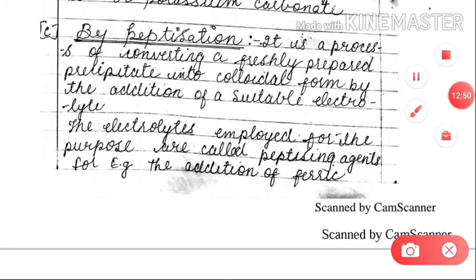we have seen many types of reactions in which a precipitate is formed, and you know very well the precipitate particles are neutral. If in one test tube we are carrying out a chemical reaction and after the chemical reaction a precipitate is formed, then precipitate always settles at the bottom. If we keep the test tube undisturbed for some time, then after some time you will see that all these precipitate particles are settling down at the bottom of the test tube.